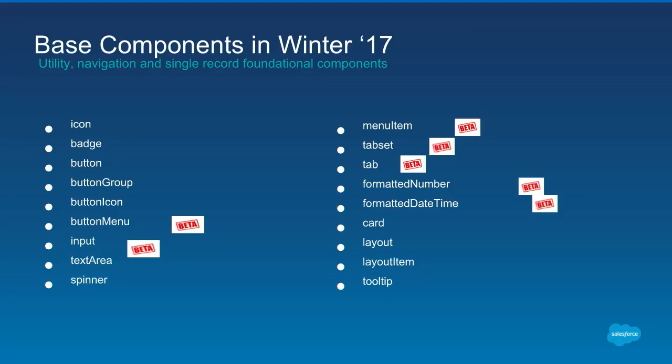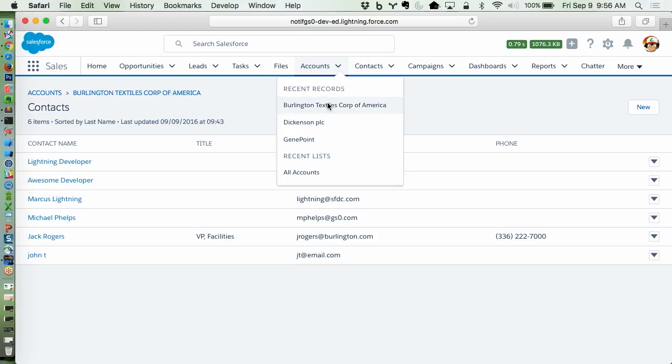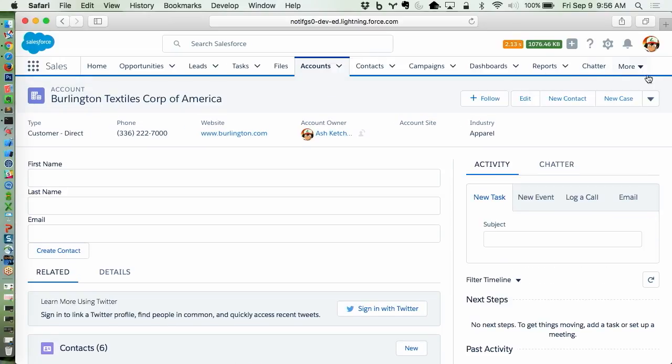In Winter 17, like I told earlier, these are the set of components that we are releasing. Some of them are beta. Beta means we're still supporting them. There are some functionalities which we need to finish, and we are working towards finishing that in this release. With that, I am going to show a quick demo. I am going to play on Marcus's demo, which he showed earlier, where I'm going to replace